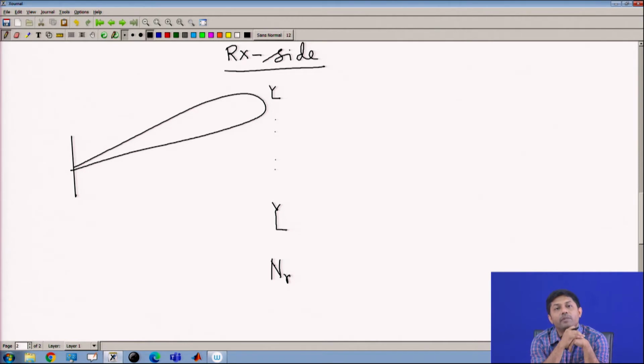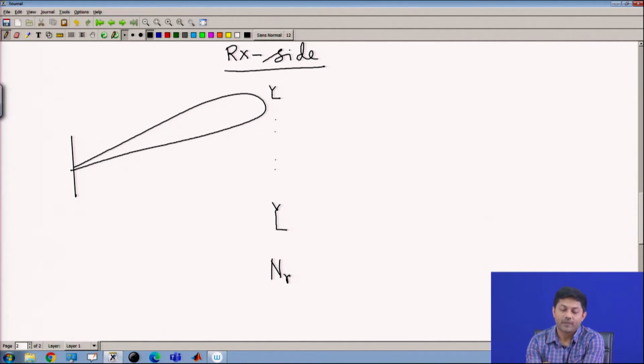So, what is RX side beam forming? What is the purpose of beam forming? If you just look at it, beam forming mainly channelizes the power to a certain direction. That is the beam. So, the purpose is that obviously it boosts up the SNR, it boosts up the received signal gain. When I have multiple antennas at the receiver, can it also do the same thing? Yes, of course, provided it depends on how you take the signal and combine them.